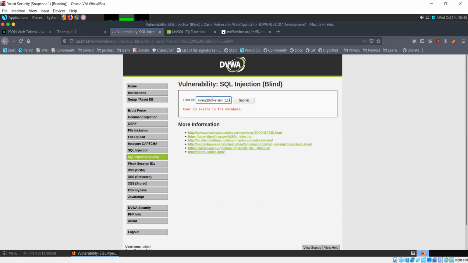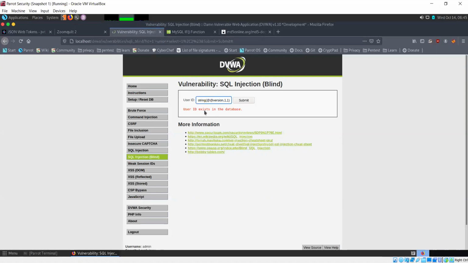That would not be possible now. Now we'll have to figure out each character one by one. And this is, of course, going to take a longer time than what we did previously. So blind SQL injection is a little more difficult to do and more time consuming, but in a lot of cases, that's the only option because normal SQL injection won't work.